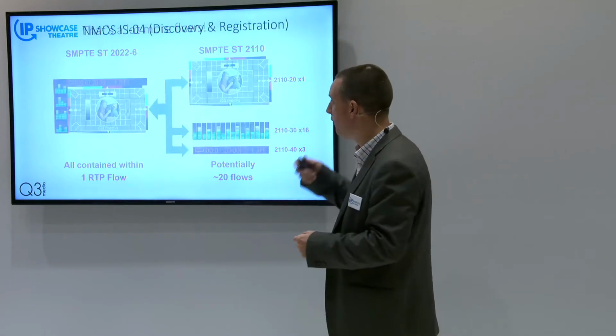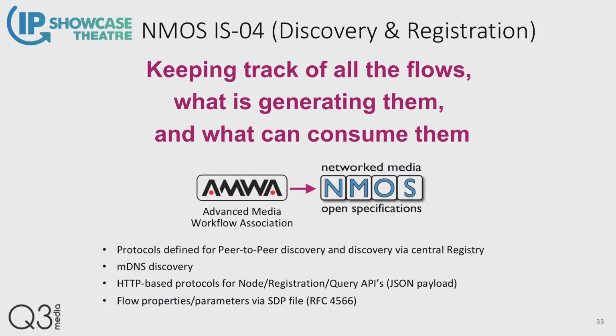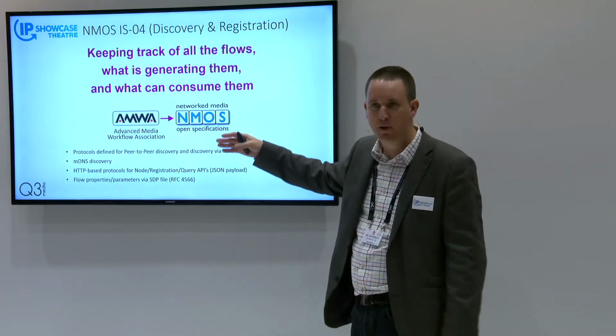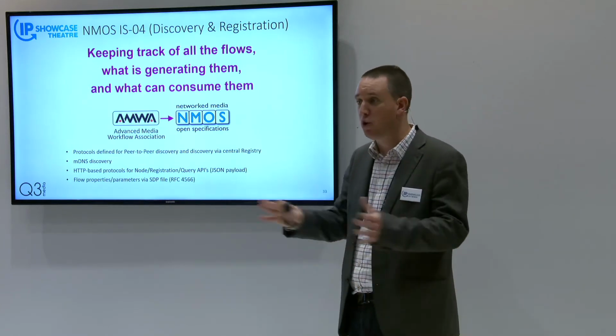And one of the first stepping stones on that is a thing called ISO 4, which is part of the NMOS group of specifications. What that gives us is a way to identify a camera, identify a monitor or a vision mixer, and allow various techniques to identify what it's generating or what it can consume. And there's another protocol part of NMOS to link sources to destinations and essentially do away with the need for